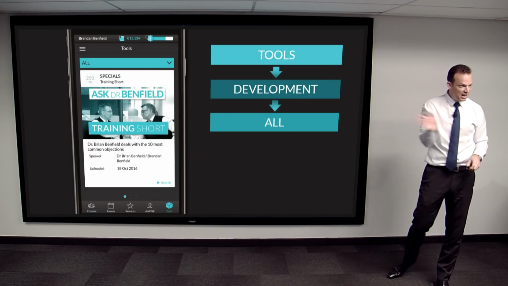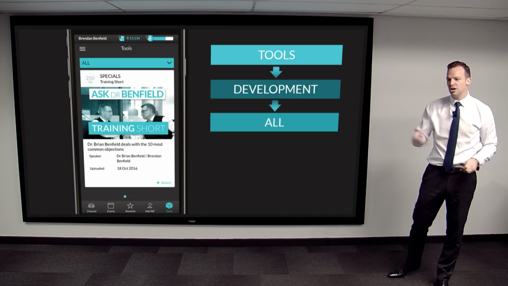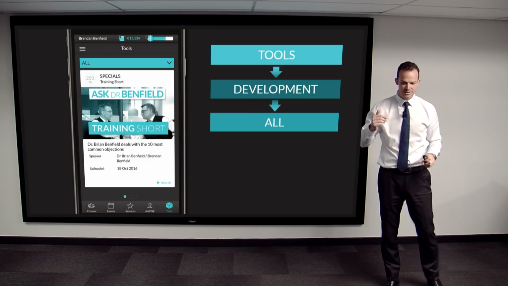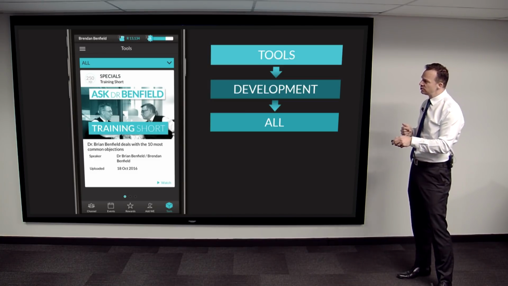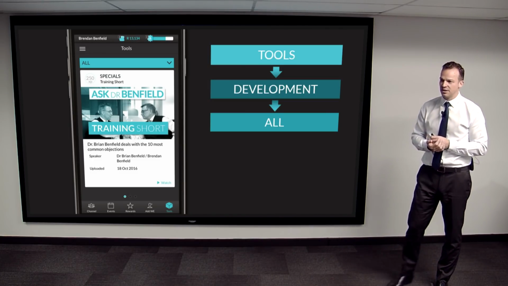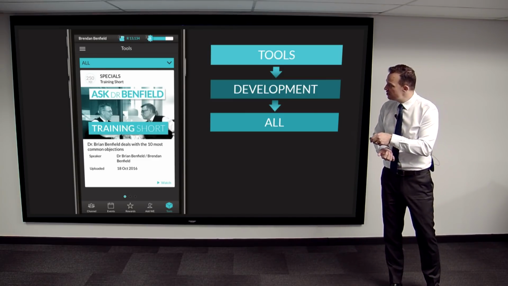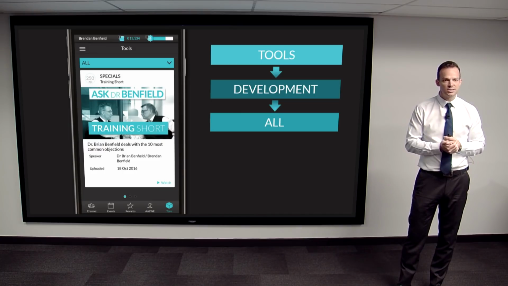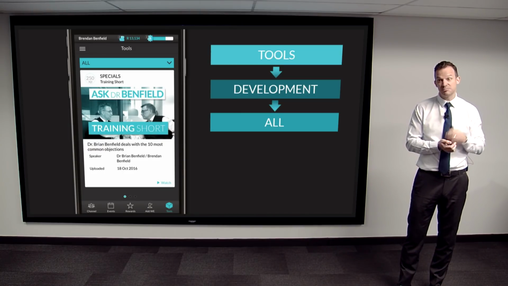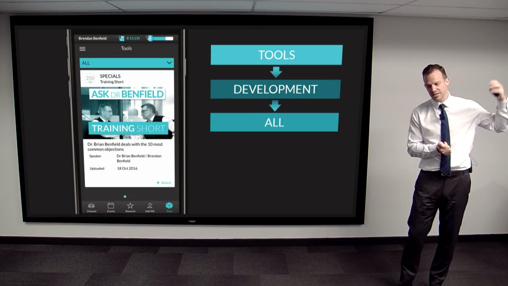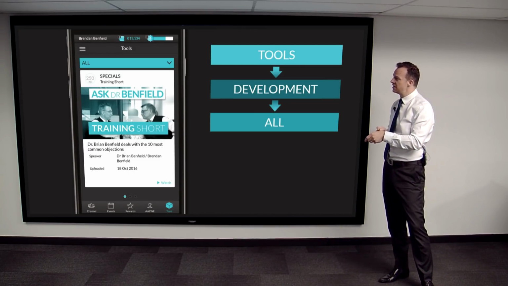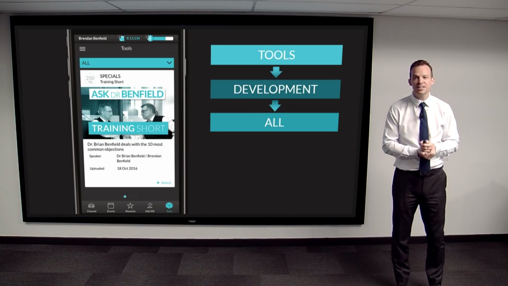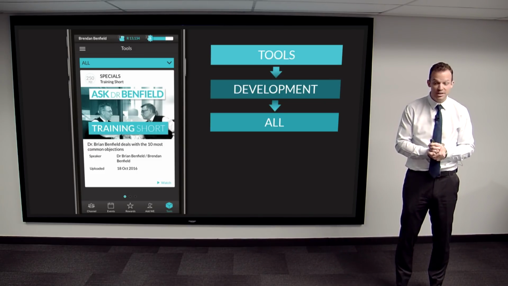If you swipe left, you'll see you've got more options. You've got tools, I think it's downloads, and there might be something else there. Under tools, you'll have all the videos. There's a drop-down menu at the top. If you click on that, you can change it to just training shorts, or when you start ranking up, we've got specific training for our rank 4s and above and that type of thing. But all the training is there, and you can watch all that training. And if you click watch, you get 1,000 XP for every seminar that you watch.